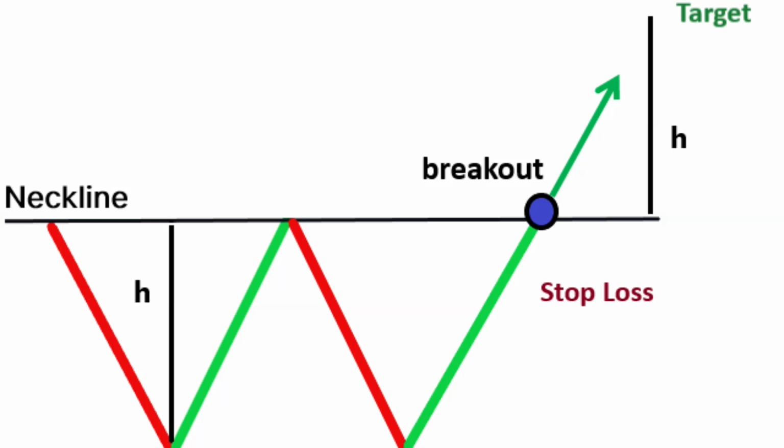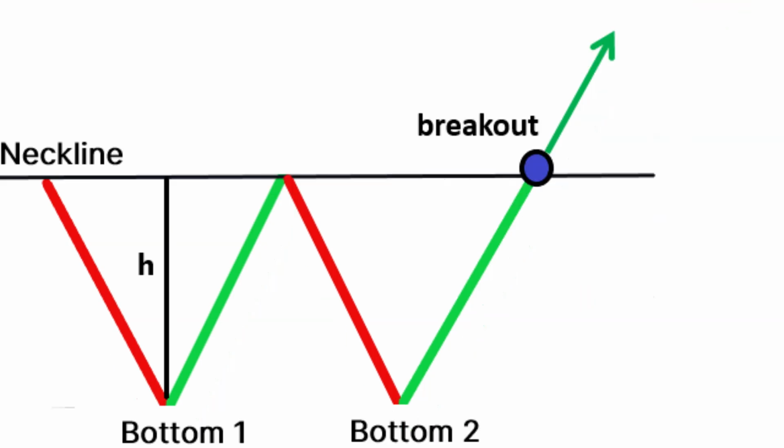This implies that after the pattern is completed, the price is expected to rise by at least the distance represented by H. This target reflects the minimum upward projection a trader may anticipate. When the price breaks above the neckline, it confirms that the bear trend has ended and a new bullish trend has begun. The quality of this breakout and the price action that follows play a key role in shaping the